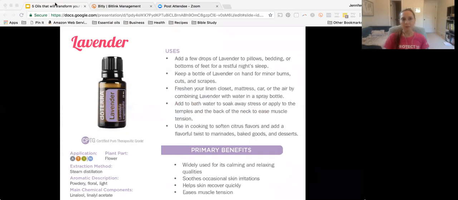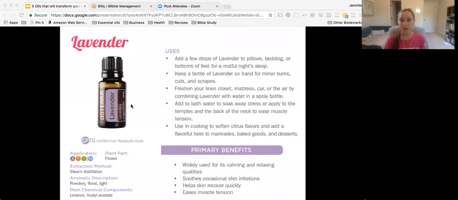And I think most of us are going to be pretty familiar with lavender. It's, you know, known as kind of the calming oil. You see it in a lot of bath and body products and even sleep products. So lavender is very gentle, it's very calming, it's very relaxing. And so this is a fantastic oil to use at night before bed if you're someone that struggles with sleep. You can apply it to the bottom of your feet. That is a great place to use the oils at night, right before you go to bed.